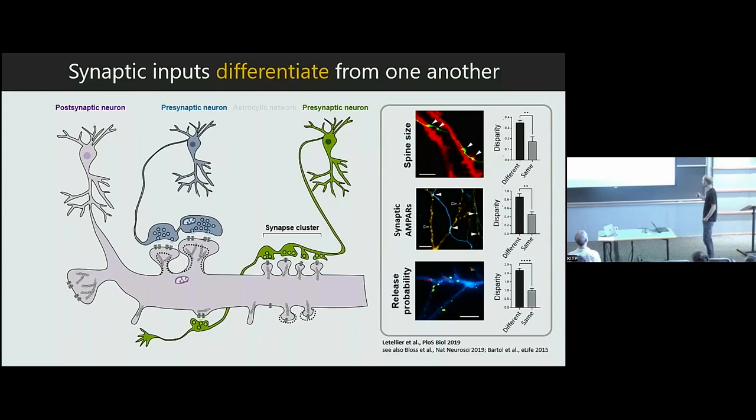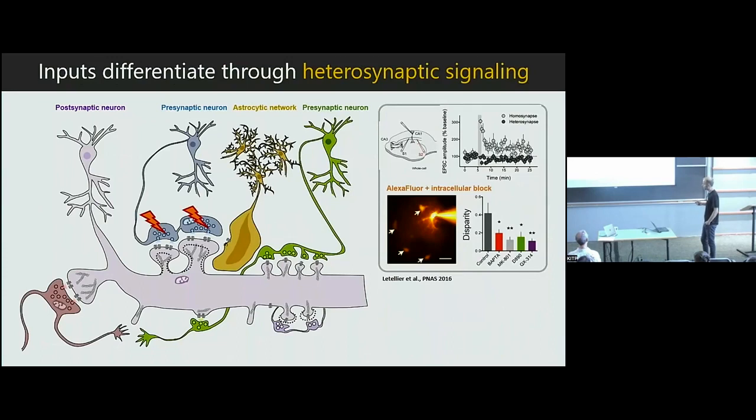So in each case, the disparity is decreased if you compare synaptic contacts made by the same presynaptic neurons. So clearly, the identity of a presynaptic cell will set the structure and the function of individual connections. So we also showed that you can promote the disparity between distinct inputs by eliciting classical LTP using a high-frequency